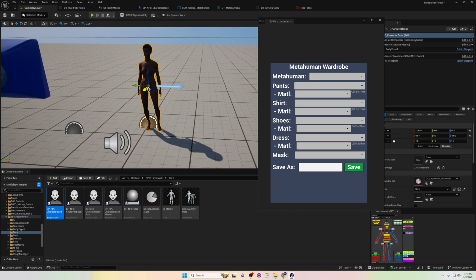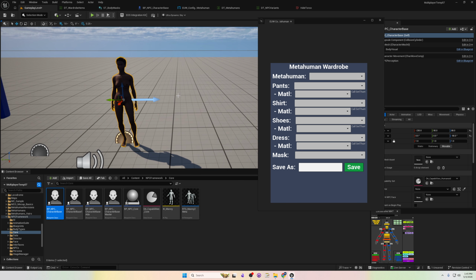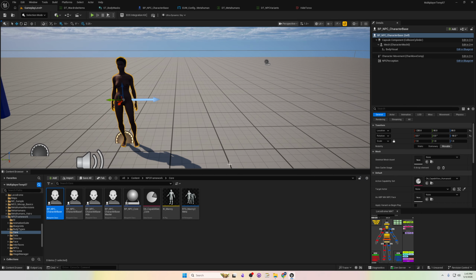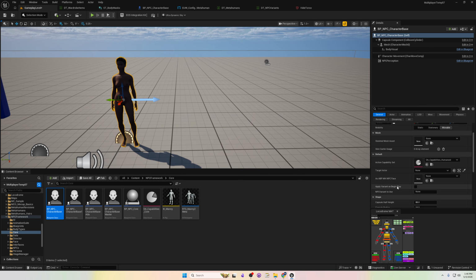I should change the sun so you can see it, but this isn't a tutorial on how to make it look cool. So I just dragged in the character. Now all the characters will look like just the space character until I hit play. And when I hit play, they go read the data table, and apply the variant. So how I do that is I've got the character selected, and I have a couple